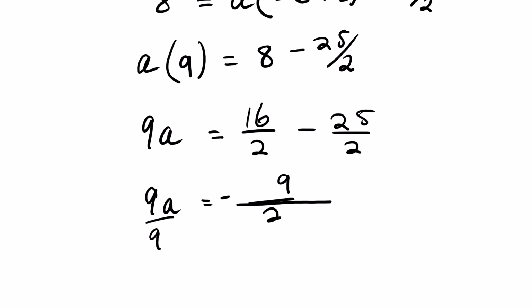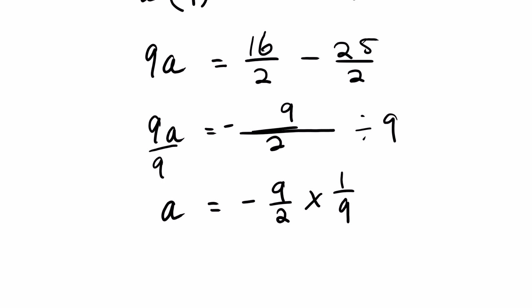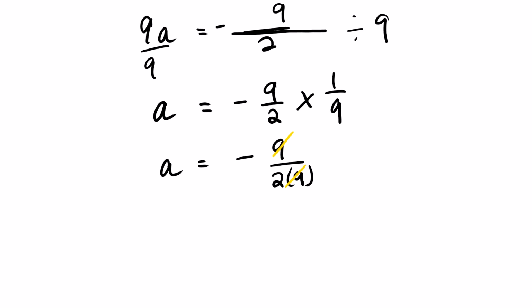And then we divide both sides by 9. a equals -9/2, which is the same as multiplying by 1/9. Then we have a equals -9 multiplied by 1, it's -9, divided by 2 multiplied by 9. We can write it like this. Then at the numerator level, we are left with